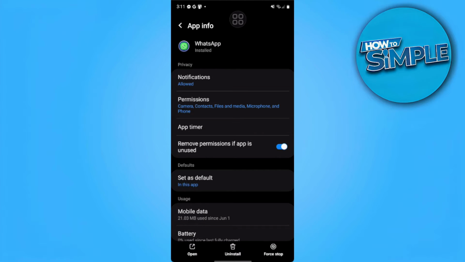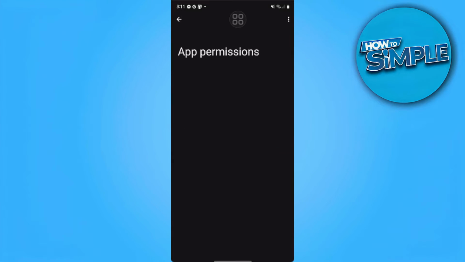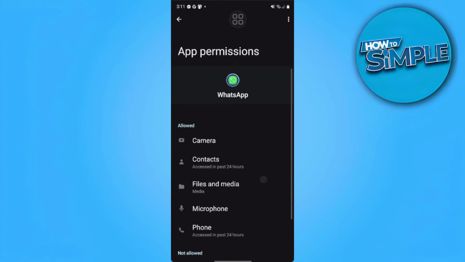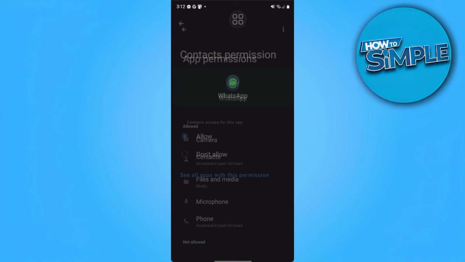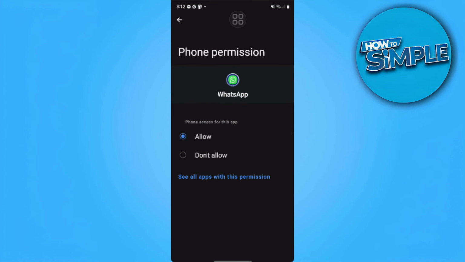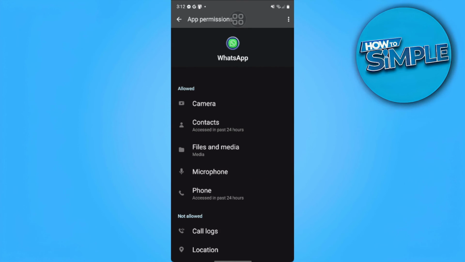And here, we want to go to permissions. We want to make sure that contacts is allowed. Do not choose don't allow or allow every time you're using this app. Always choose allow. You want to make sure that your contacts permission is allowed. Also, your phone permission is allowed. So that's how you fix WhatsApp contact name not